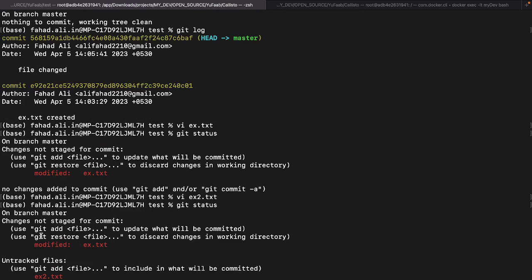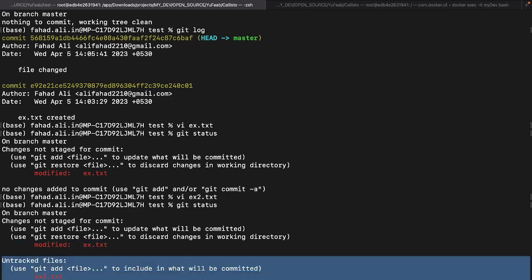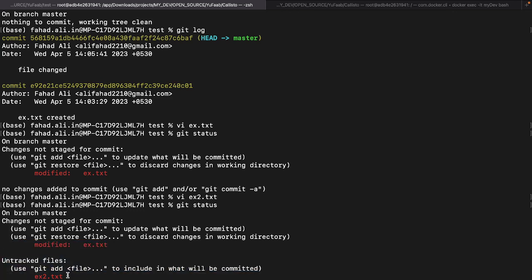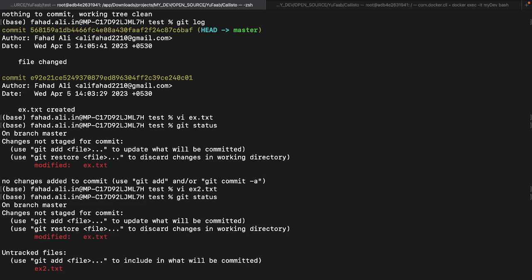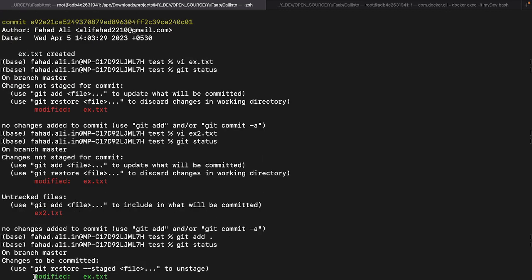You can see this is the file which we already put to track, so it is getting tracked. That means now it can track that this file was modified, example.txt, and this is a new file and it is not tracked yet. So we can use the command git add dot, because we want all the changes to be committed. Git add dot. Now if we do git status, it has turned green and now it is ready to be committed. So git commit -m,